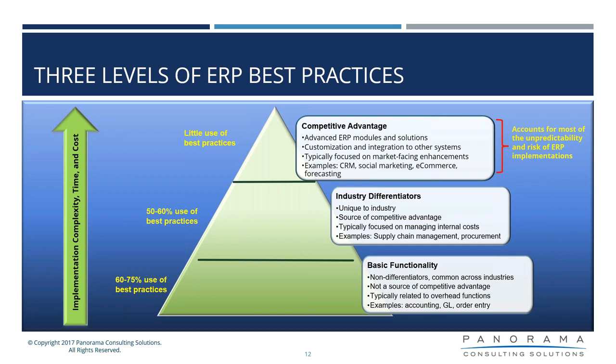It's easier to take advantage of upgrades. And then be careful to capture what your industry differentiators are, and make sure that whatever technology package you select has that unique functionality. And then most importantly, that you really identify the requirements for those processes that make you competitive, so that you can match up those competitive advantage type requirements against the system, to make sure you have